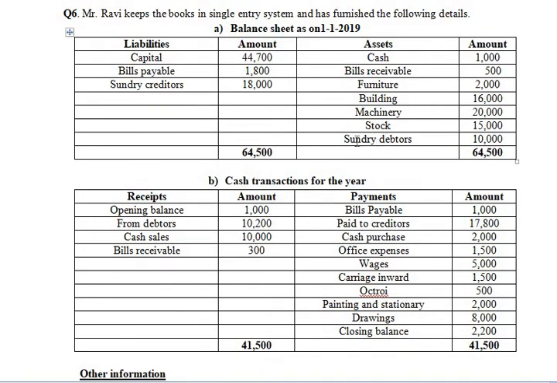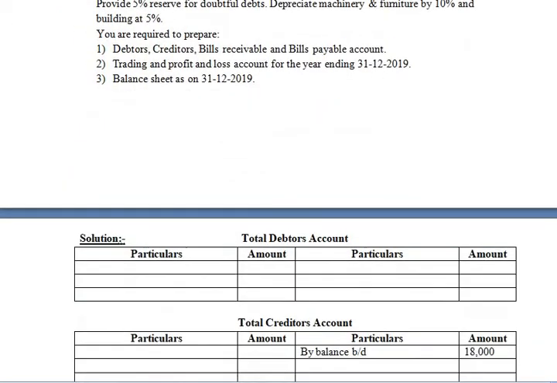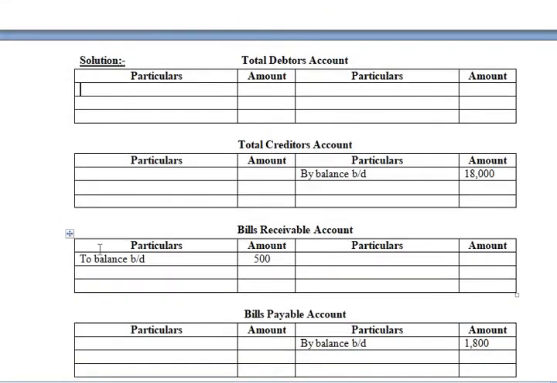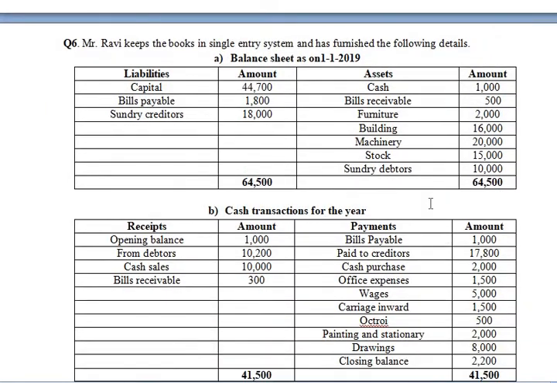Okay, next, after opening stock, next is you have debtors. Now debtors is 10,000 rupees. Okay, where will you take this amount? This is nothing but the opening balance of debtors. So go to the debtors account, and then same like what you had done in case of bills receivable, opening balance of bills receivable. So take the same in case of debtors account. To opening balance of debtors, to balance brought down, and what is the amount? 10,000 rupees. Okay, next, after debtors, the next is you have, yeah, that's in case of balance sheet.